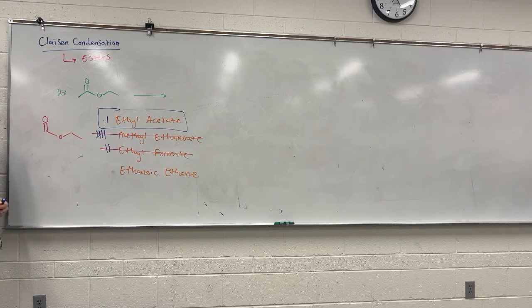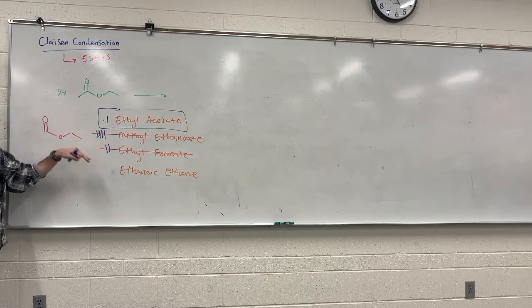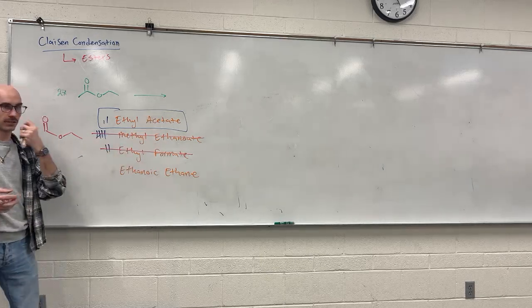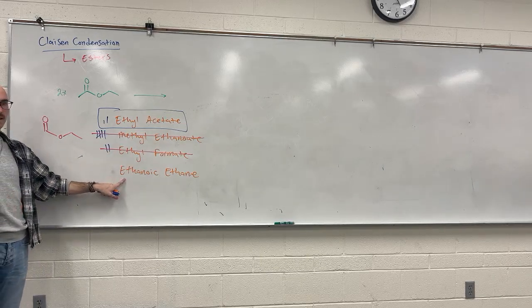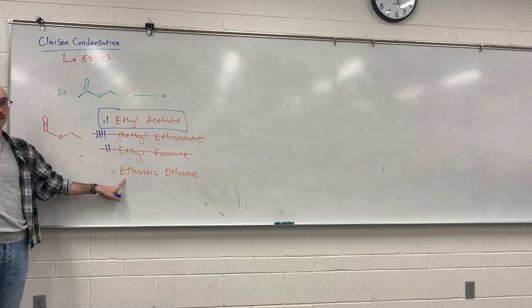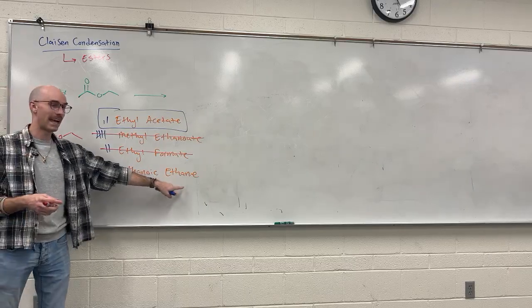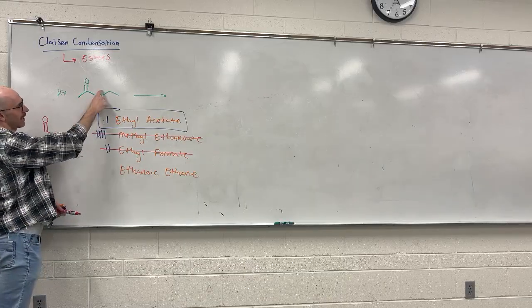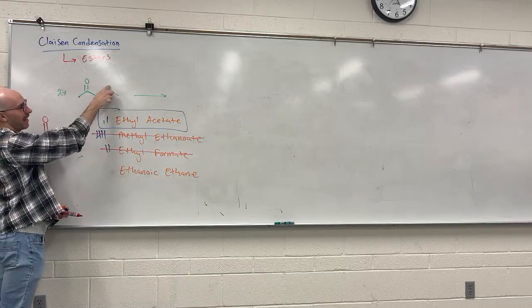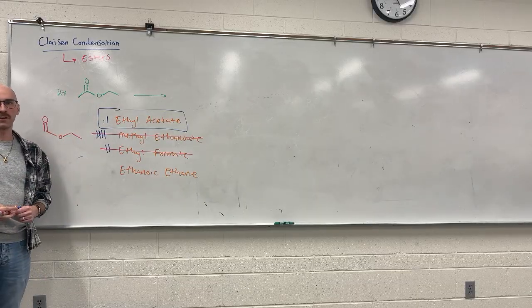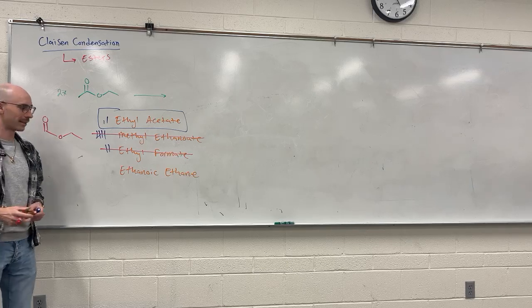I was hoping to hear more of what Elliot had said, which is either 1 or 3. I know it's an ethyl chain, but that just tells me you're not familiar with the common nomenclature enough, right? Ethanoic ethane didn't seem to pull on any of you because that just is a silly name. Ethanoic is what we call an acid. So we could have had ethanoic acid, but ethanoic ethane. I gave that to you because it's a 2-carbon chain. It looks like if an ethane chain was substituted by carboxylic acid. That was me kind of hitting at, if you really don't understand the nomenclature, you might suspect it's this.